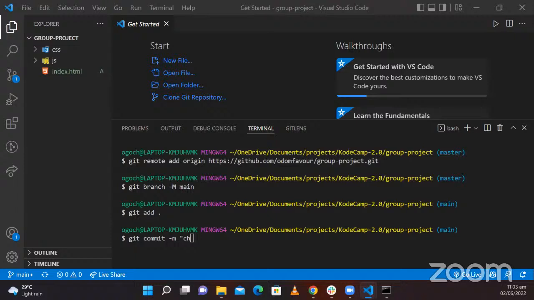So this is more like I'm just setting up folders, so that we just know how this works out. Most of us might have just done a rushed kind of message. So just so we know, this CH here stands for chore, because I'm just setting up my folder. If I'm fixing a bug, I will put a BG. If I'm doing a feature, I do an FT. So this is a chore, and I can just put a semicolon and just say setting